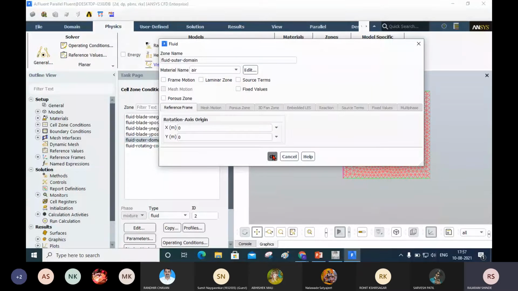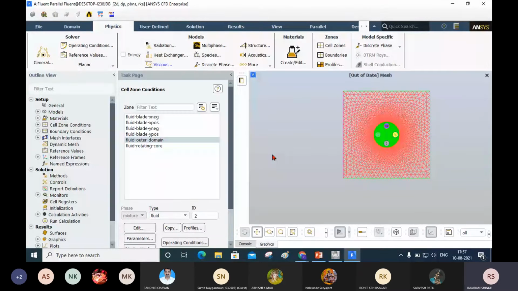Now the next important thing: this is a core, and this core is rotating with some speed. So you have to give rotation, or angular velocity, to that core. I will tell you how. I will select fluid rotating core and click on the edit button.